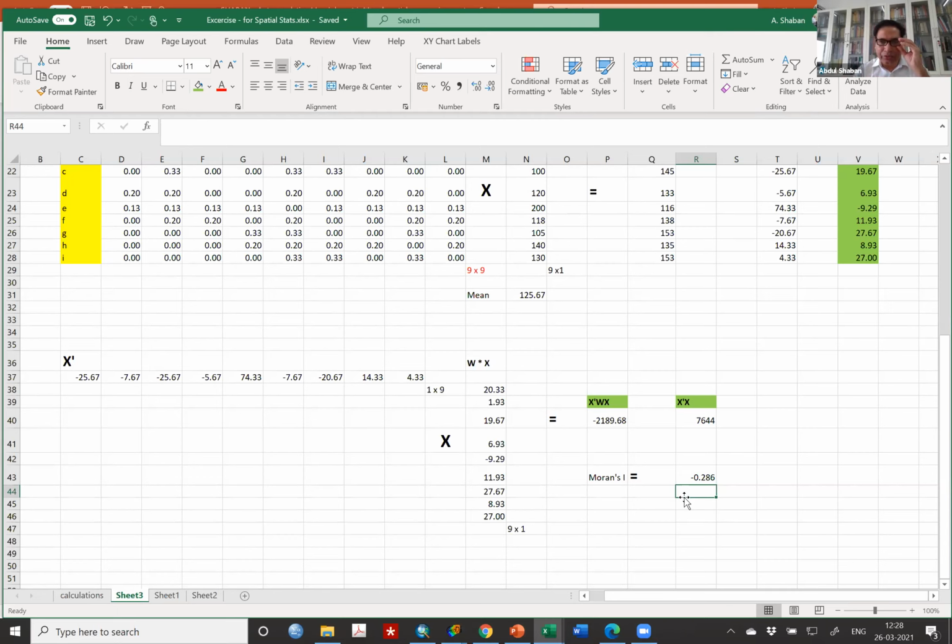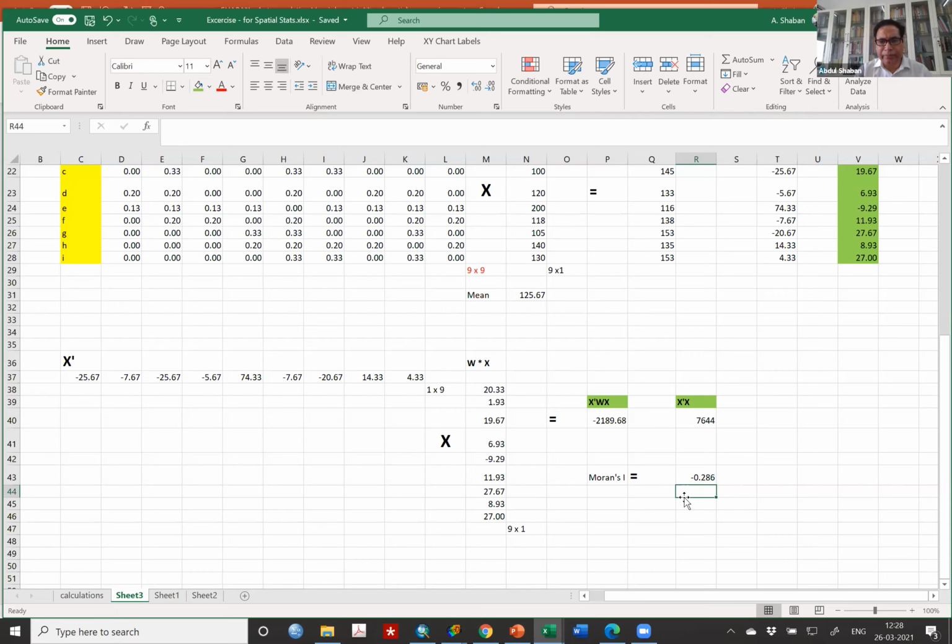He argues that if you have the actual value of x and the spatial lag value of x, then the slope of the actual value against the spatial lag value will be the Moran's I.